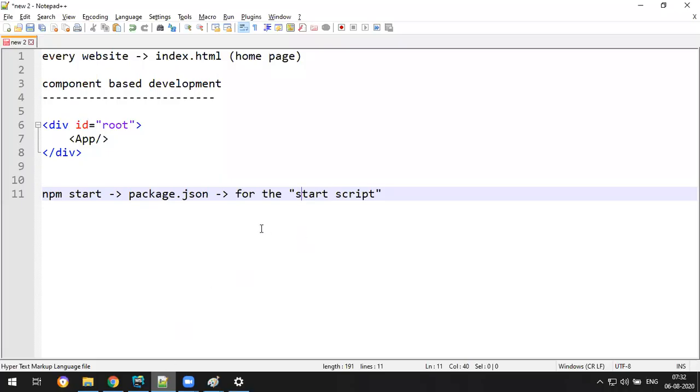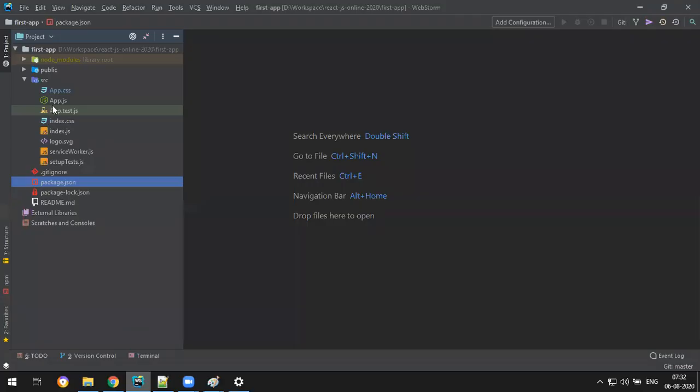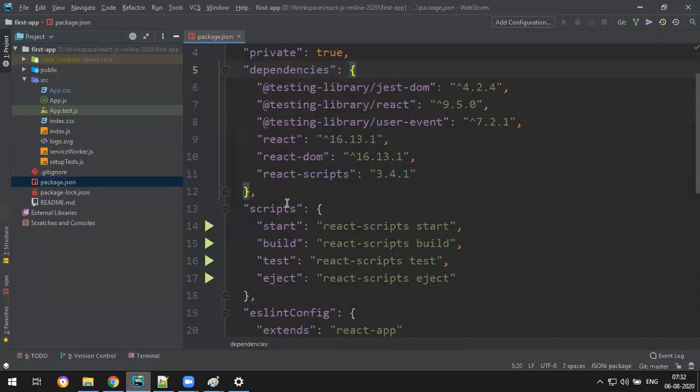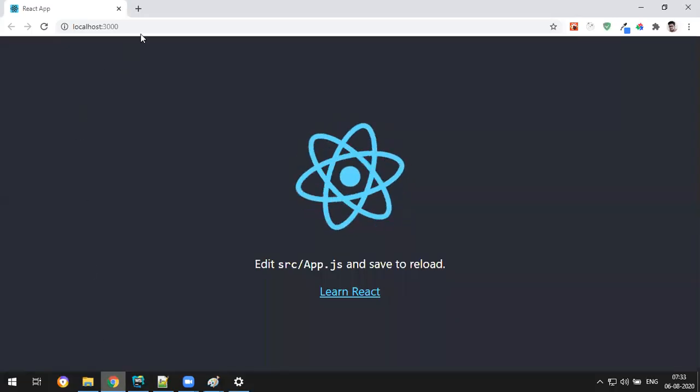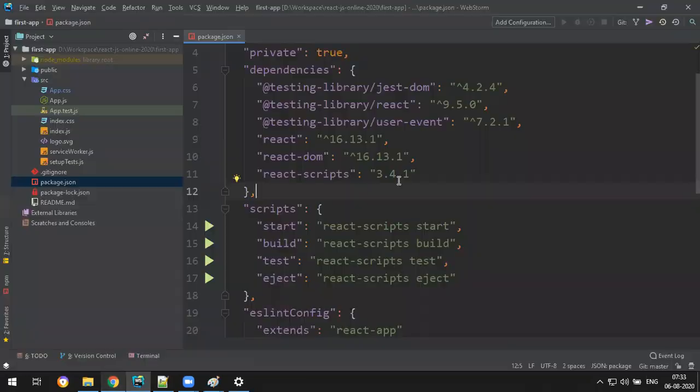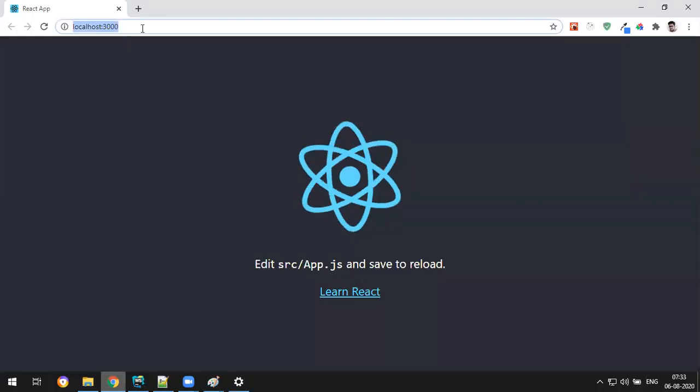Just see, whenever you hit npm start, it directly goes inside the package.json. In that, it executes the script called start, which runs one more script called react-scripts start. In that process, it will open a browser and keep the default URL, which is written in the script, 3000. So it opens that in the browser and it gets some page.